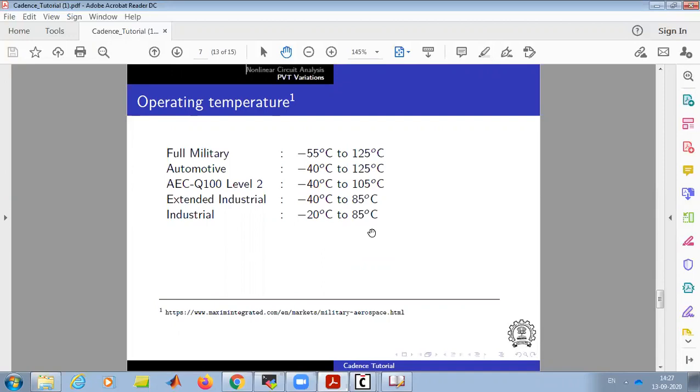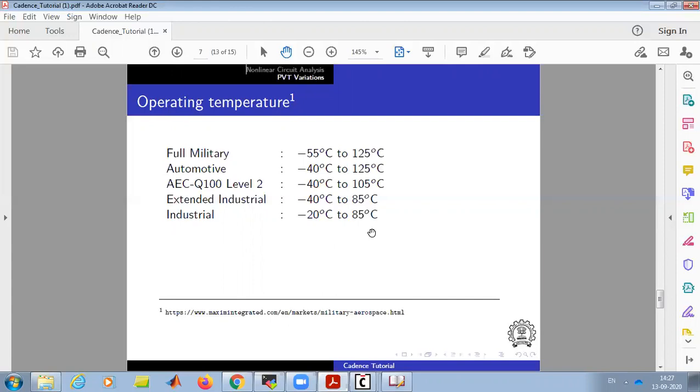If you go and select an IC from any website like Texas Instruments, TI.com, you will see that they have an option for what application you want, whether you want it for military, automotive, or industrial. Based on this, your circuit should work in this range. Suppose you're designing something for industrial application, -20 to 85, because in some instrument or some process the temperature can go much below the ambient temperature. So based on this information, when we do simulations, we should take care to consider all these